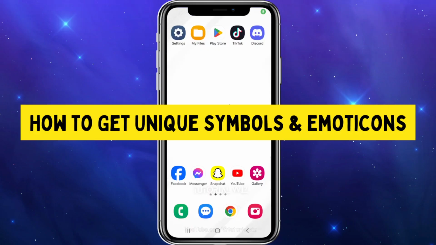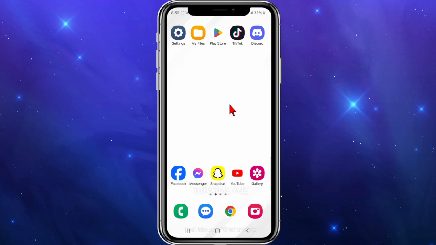In this video, I'll show you how to get or unlock unique symbols and emoticons on your Android mobile device